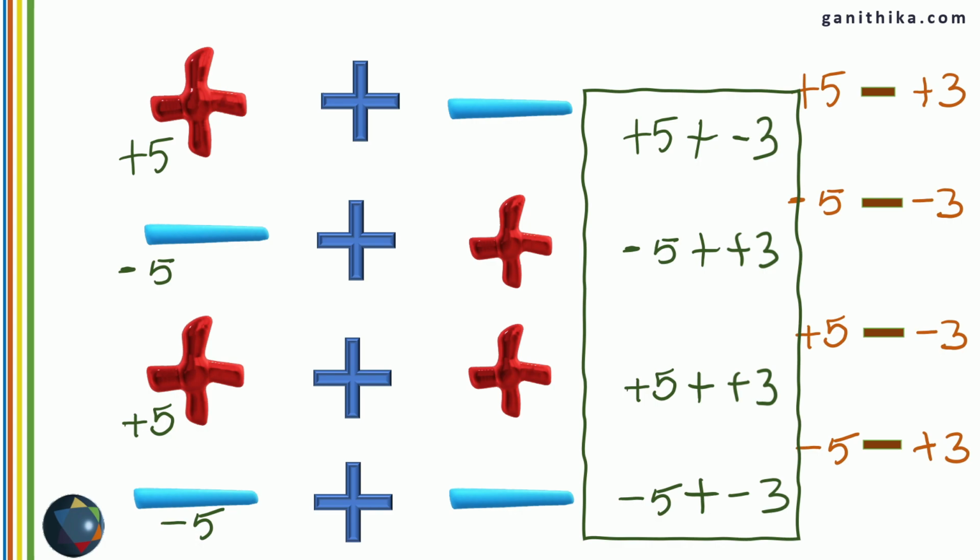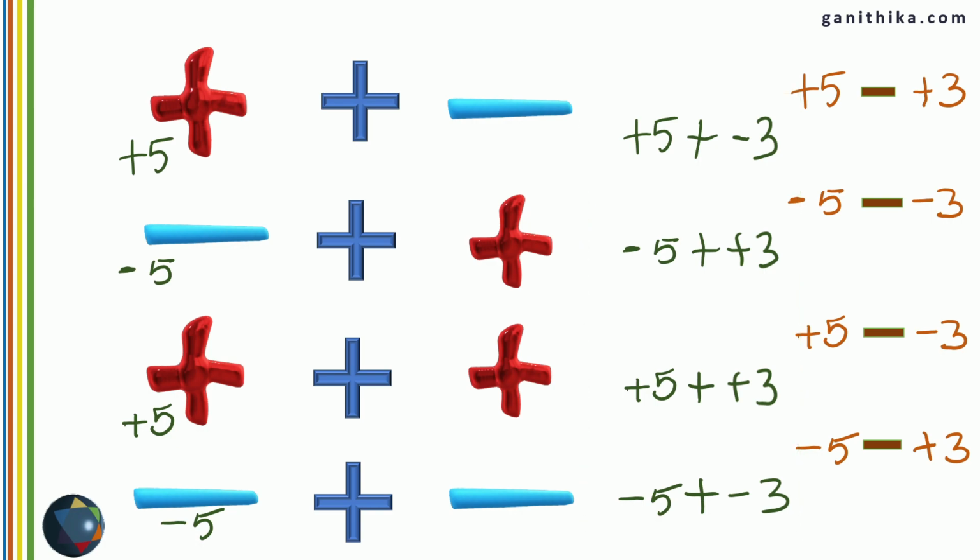So pause the video here, answer these addition questions now. Are you ready? So positive and negative, subtract the numbers. 5 minus 3 is 2. The sign will be the sign of plus 5. Therefore, the answer is positive 2, which will be the answer for positive 5 minus positive 3 in the first